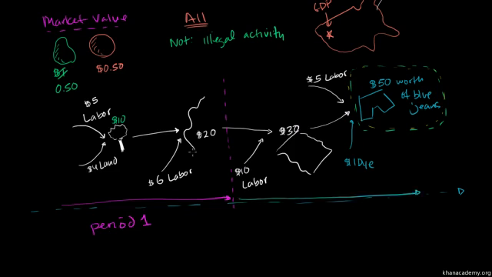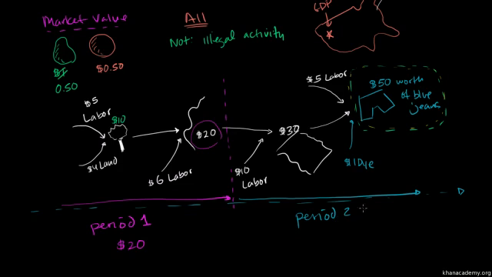So in period 1, we get to the point that we have a market value of $20 worth of thread, and then in period 2, we get all the way to the jeans. So this might be 1 year, and then this might be the year after that. Well, what would happen is in period 1, we would look at this intermediary good that's sitting in someone's inventory someplace, getting ready to be used to get more finished. We would say this is the contribution to GDP, and it would be considered an investment because it's going to be used in the future to produce other things. So in period 1, the contribution will be $20.